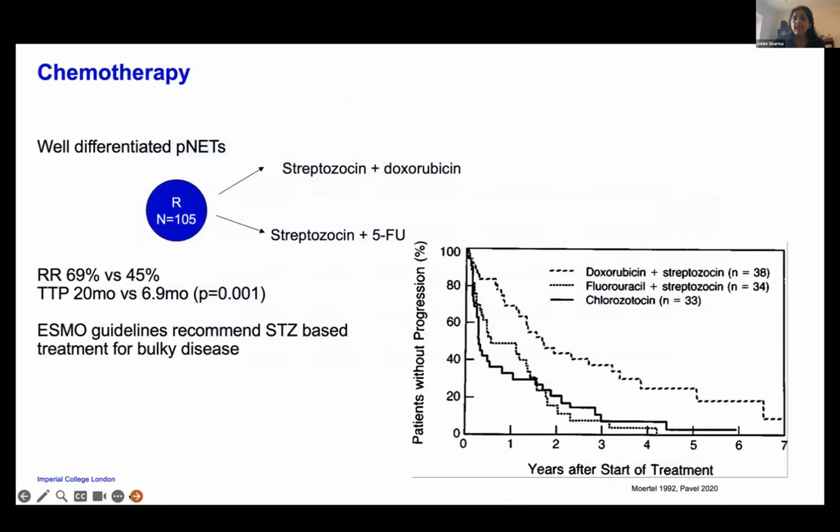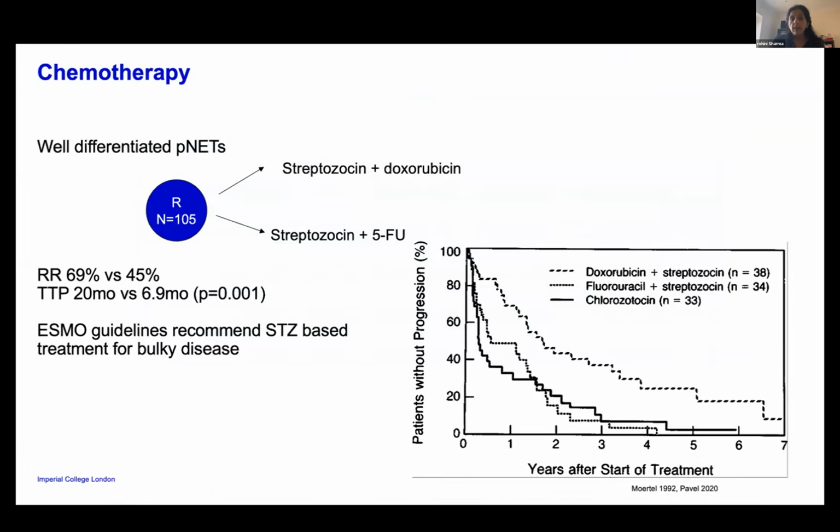I think the key study, which was done in 1992 by Mortel, was a study of streptozocin doxorubicin plus streptozocin 5-FU in well-differentiated PNETs. What they found was that streptozocin doxorubicin had a response rate of 70%, while strep 5-FU had a response rate of 45%. And the time to disease progression, which you can see on the curves on the right-hand side, was 20 months